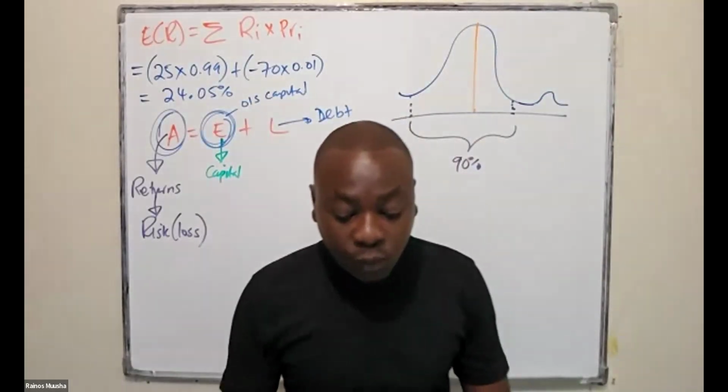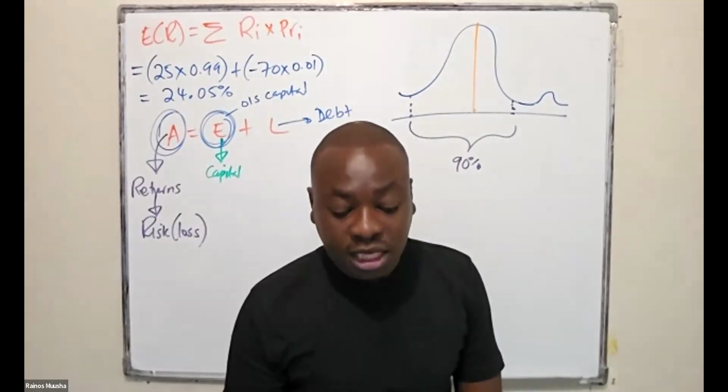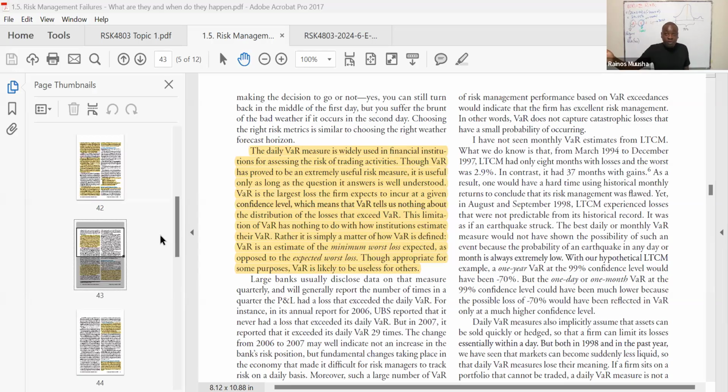So that's basically the weakness that we also find when it comes to value at risk, and we are going to look at it in detail in market risk. That's why you see that in market risk, especially when you look at financial institutions, they even go further and look at the expected shortfall as well, to try to explain the distribution of those losses which are exceeding the value at risk.